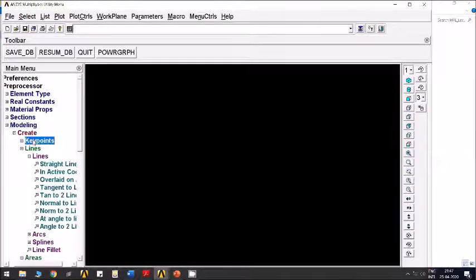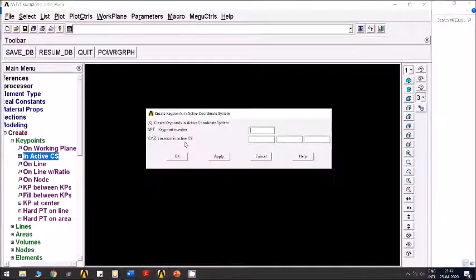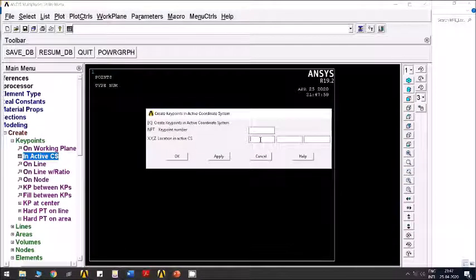Modeling, create key points in active CS. First one I'll create at 0 0. I'll take point A as origin. Now next point is 800 mm in X direction. Next point is X is 800 but Y is 1200.